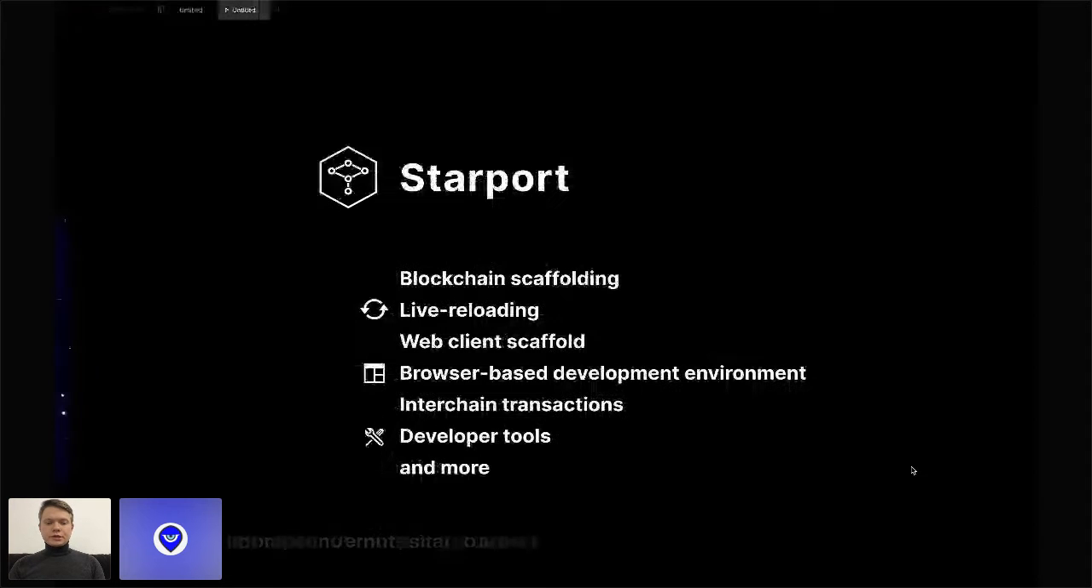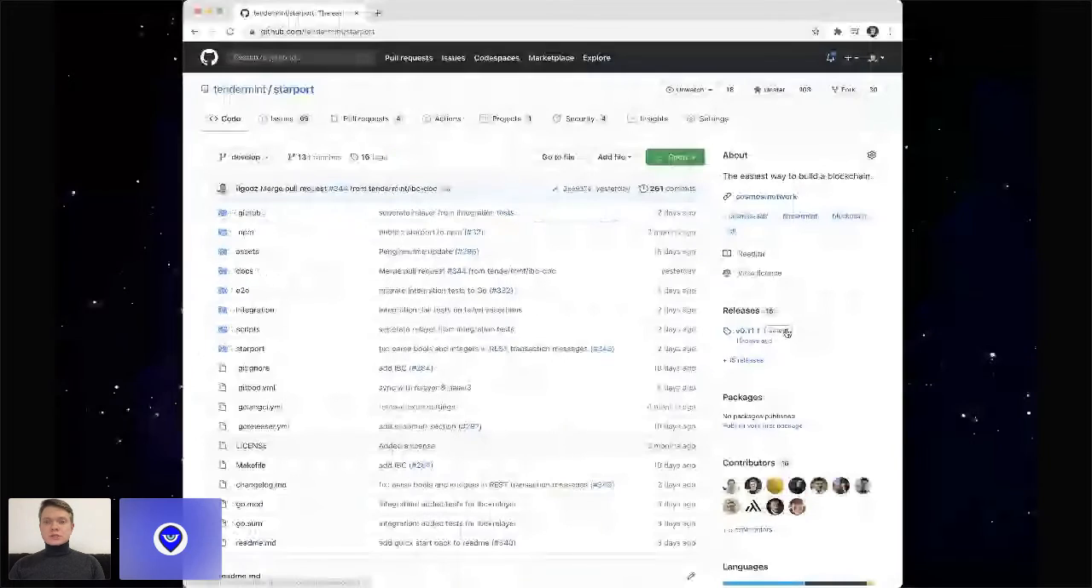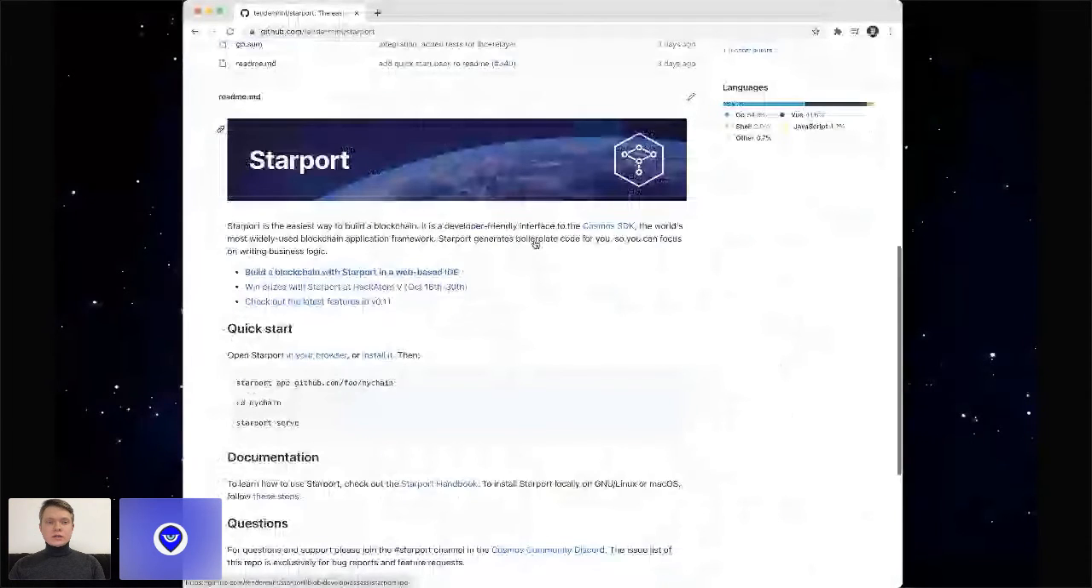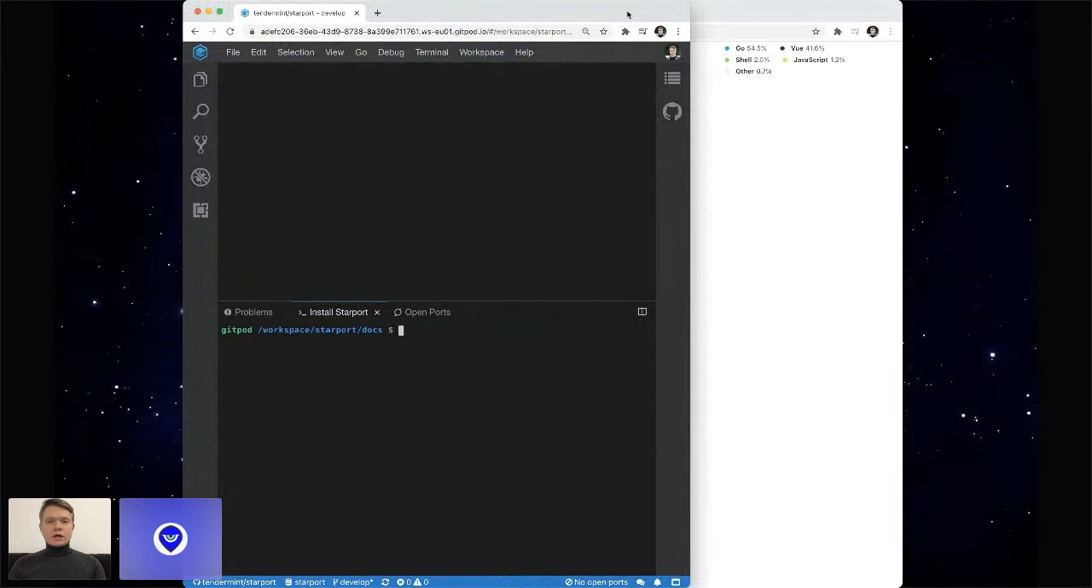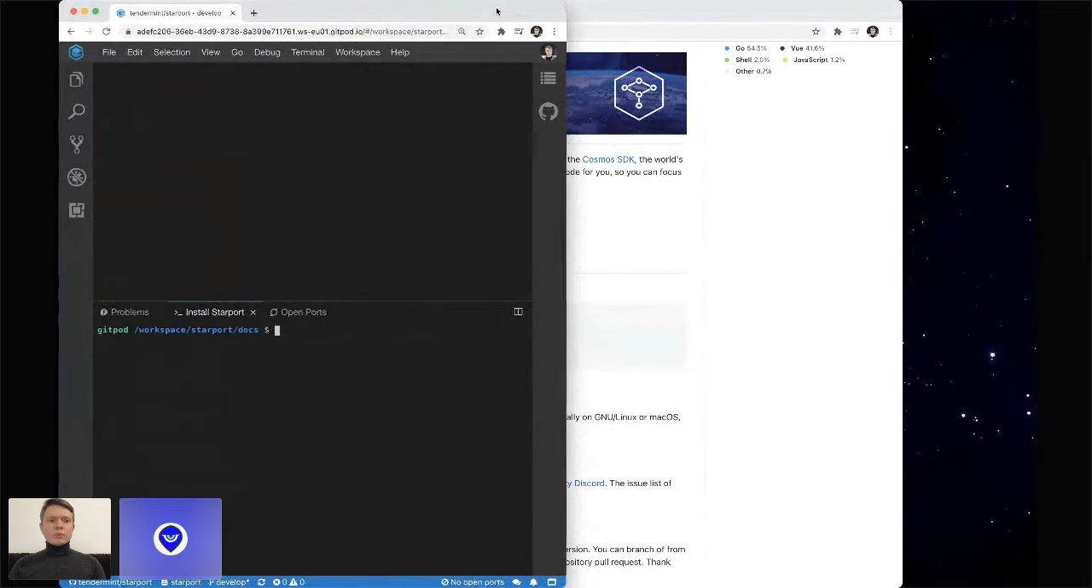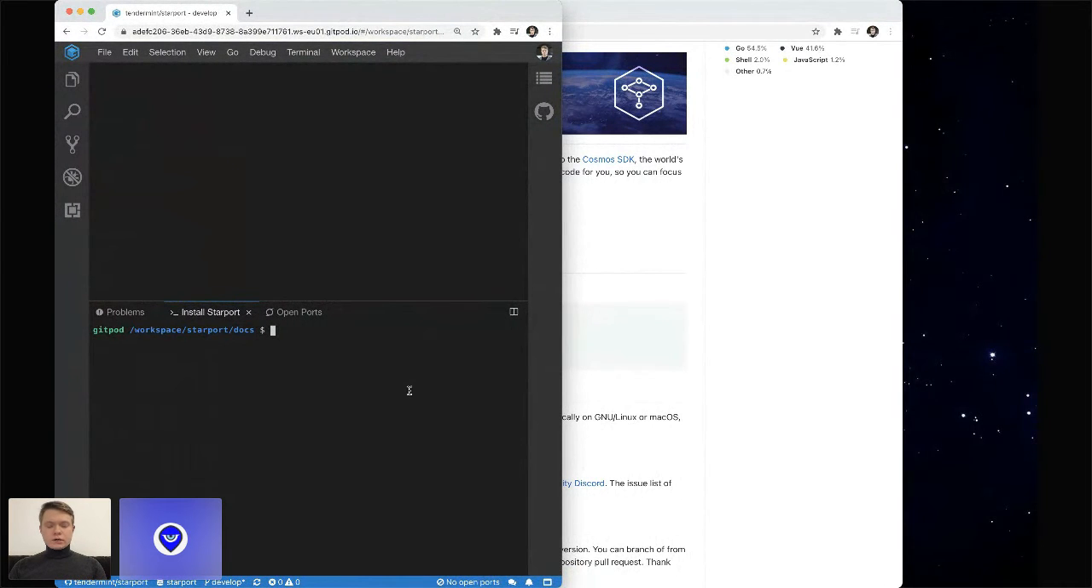So if you go to github.com/tendermint/starport, if you scroll down, there is a very handy way of launching a development environment with Starport already built in. Of course, you can install it on your local machine, but this makes it even easier. If you click on this link, a development environment will open up for you, and we can start coding. Of course, I won't be coding that much right now, but I'll just show what Starport is capable of right now. So let's scaffold a blockchain called Hello with just Starport app Hello, and let's go inside